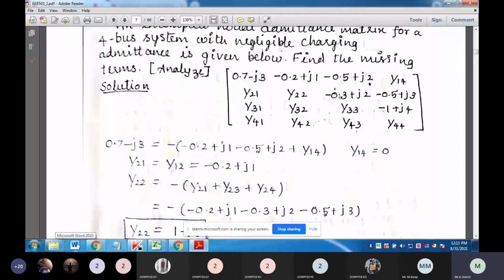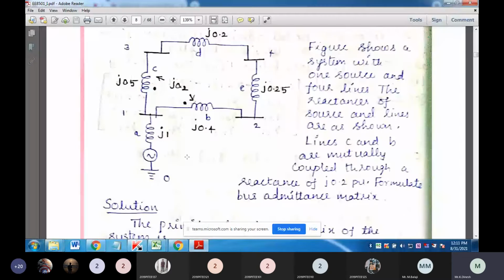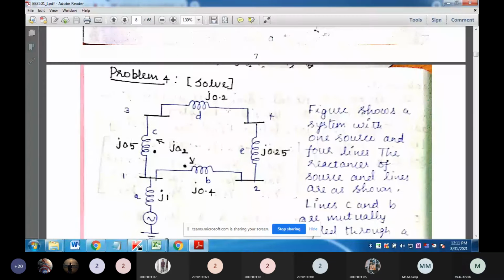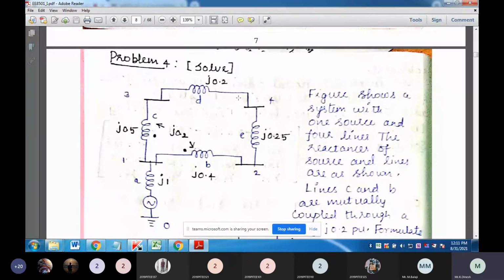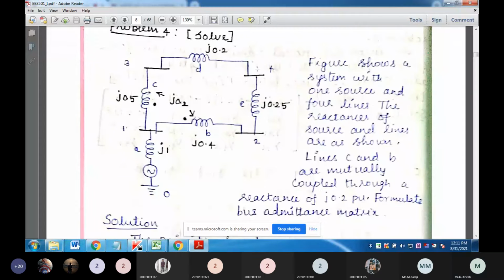So next one is the same Y-bus technique, but here you have the mutual impedance. So it is a 4-bus system. First bus, second bus, third bus, fourth bus. The interconnected lines are your branches. That is 1 and 2 you have one branch, 2 and 4 you have one branch, 3 and 4 you have another branch, 3 and 1 you have another branch. You have 1 and 0 also one branch. So totally you have branch A, branch B, branch C, branch D, E. So 5 branches you are having.